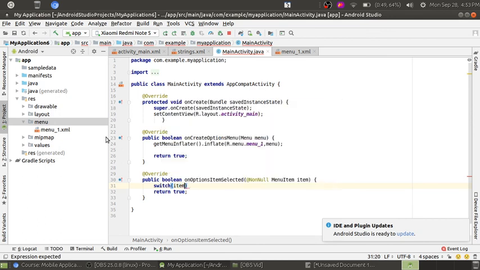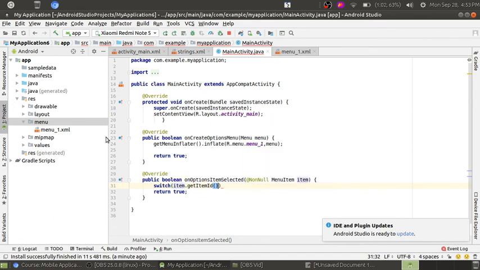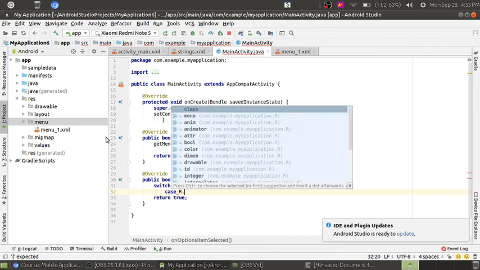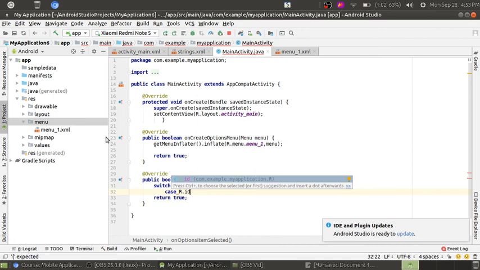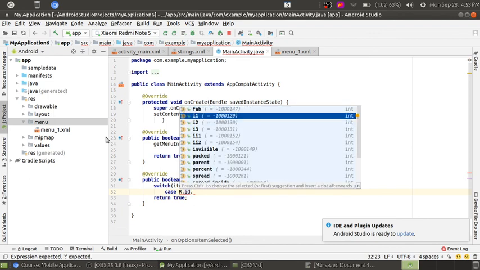For that I have selected the case which is inside R.id. R.id.I1, the ID was I1.